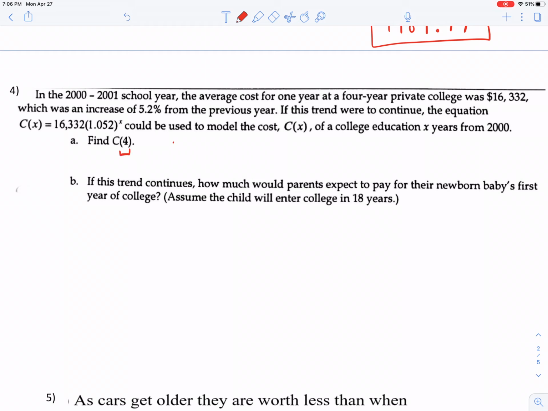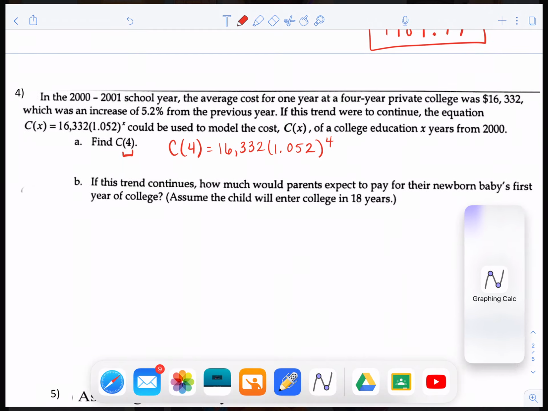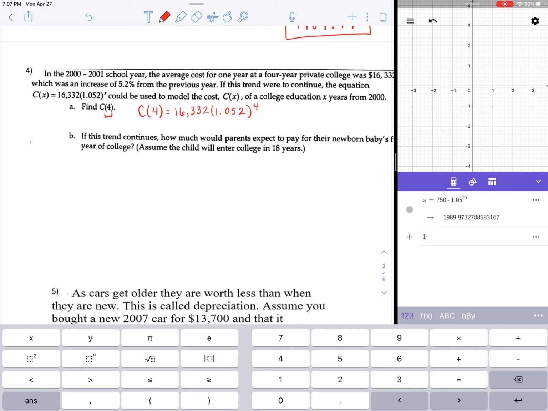If we're plugging in 4 for X, that means we're finding how much college would be expected to cost 4 years after that 2000-2001 school year. So we could look back at records to see how accurate this was. And I'm going to plug in 16,332 times 1.052. Go outside the parentheses before doing the exponent. And I get